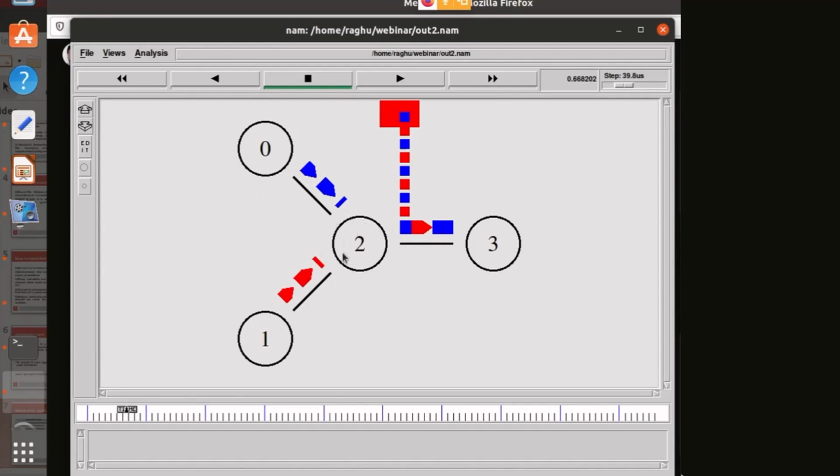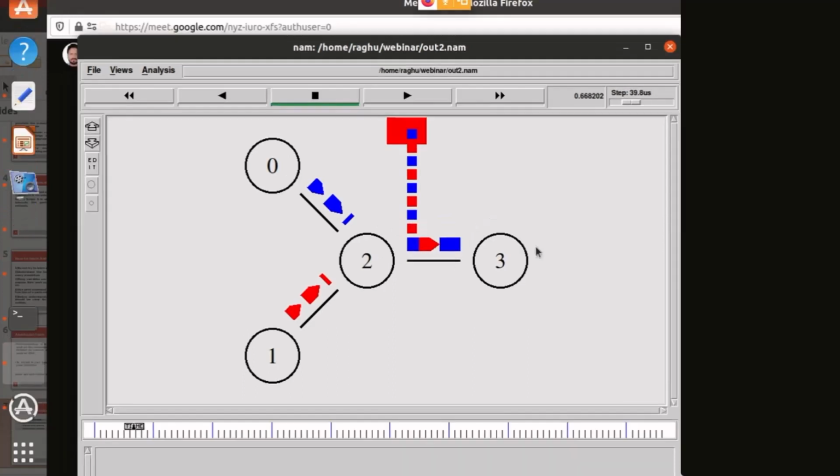It will arrange those packets in the queue. But node 2 has a limitation of sending a particular packet in 10 millisecond, because the delay for the link is 10 millisecond. So what will node 2 do? It will queue up the packets. All the packets will be arranged in the queue, and the packets at the bottom of the queue will be transmitted one by one. The packets are being queued up, and some packets from the bottom of the queue will be transmitted. Now what will happen?